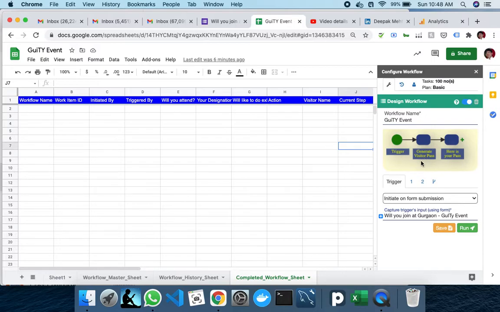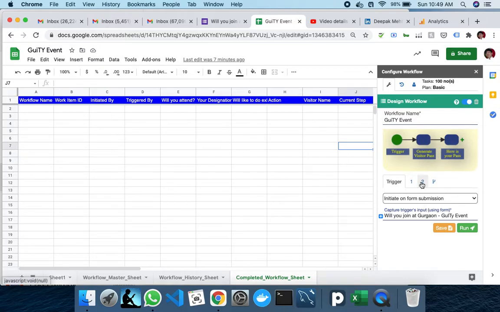The next step is generate visitor pass, so somebody within C Simplify IT is approving the generation of the visitor pass, and once it is generated, it moves on to the person who submitted the form, and his pass is given to him.